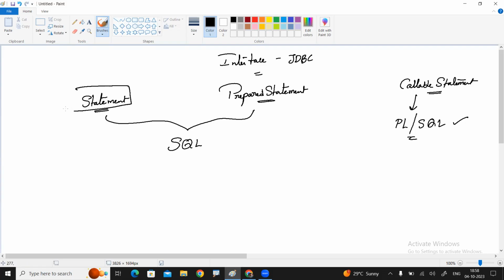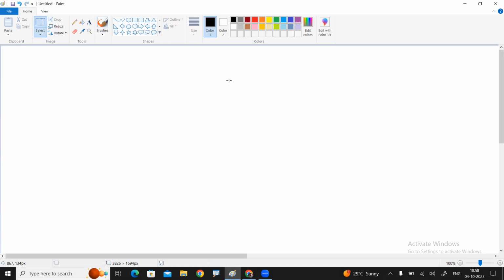First of all, we need to discuss statement and prepared statement. When can we use a statement and when can we use the prepared statement? First we should know how many types of commands there are: DDL commands, DML commands, DRL commands. Data definition language, data manipulation language, data retrieval language.